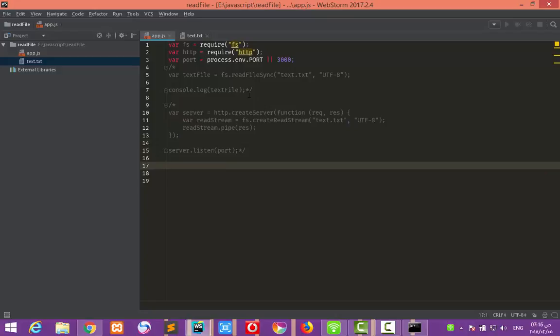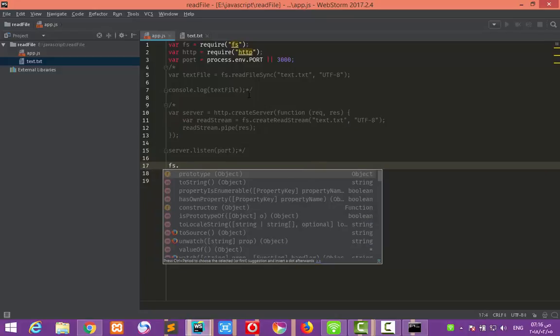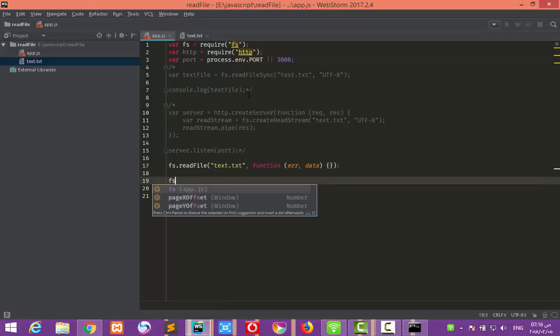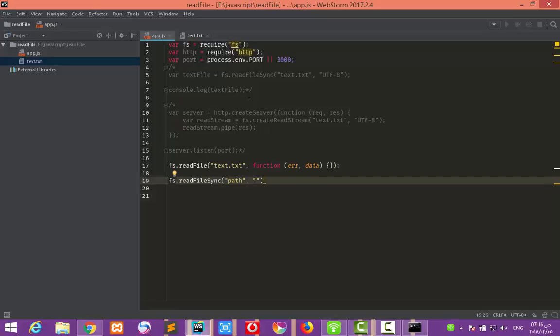The first function we learned is called fs.readFile, and inside this function we put the first parameter, the path of the file, text.txt, and the second parameter is a callback function that has an error and data, which means the content inside the file. The second function is called fs.readFileSync. The first parameter is a path, and here the encoding of the file, utf-8,